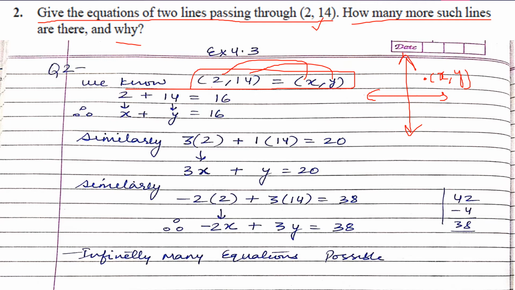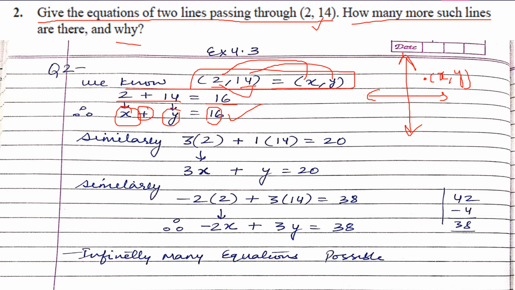If I have 2 and 14 and I add them directly like this, 2 plus 14, that will be equal to 16. Now we know this 2 can be taken as x, then we have a plus sign, then y for 14, is equal to 16. This is the first equation. So it was very easy. Simply you can play with these numbers and form many equations like this.